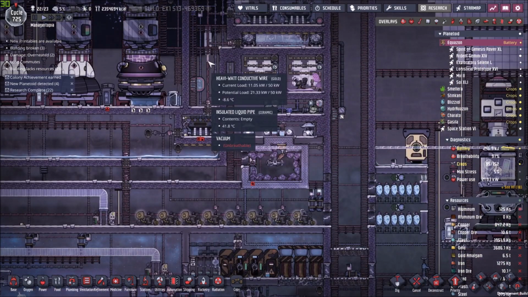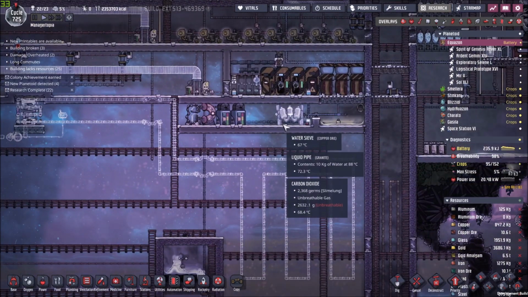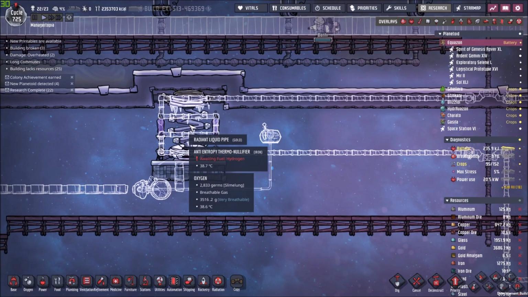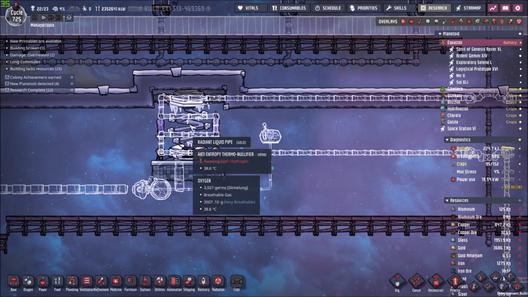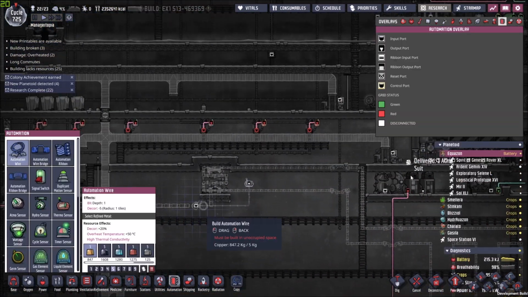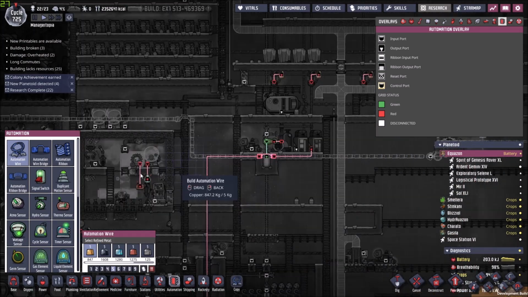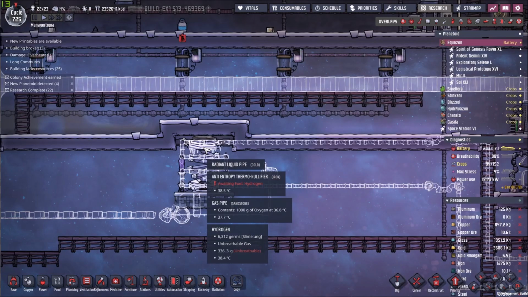Our power consumption is already really high, and I really don't want to increase it anymore. So what can I do for free? Well, I think we are going to have a use for this anti-entropy thermonullifier. We are going to pretty much bring a hydrogen line from this part over here. This is going to feed the thermonullifier,